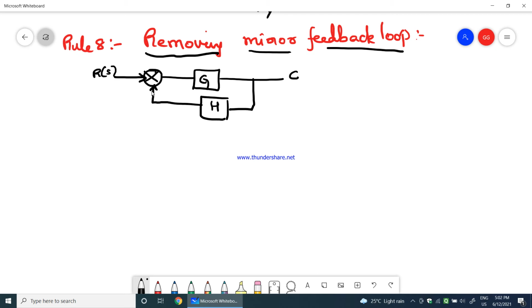Now this would be plus or minus. This can be plus or this can be minus. So what do we do when we get plus or minus? Here I'll just assume the feedback we are giving is B of S, whereas the error we get here is E of S. In the open loop and closed loop system, the feedback is given to find out an error, right? That is what the closed loop system is all about.